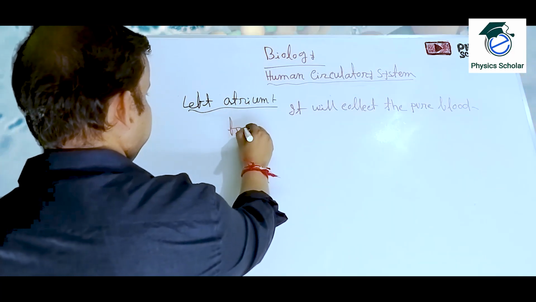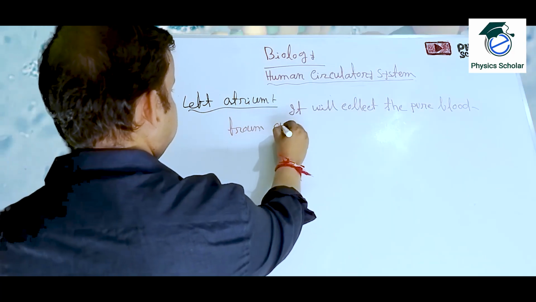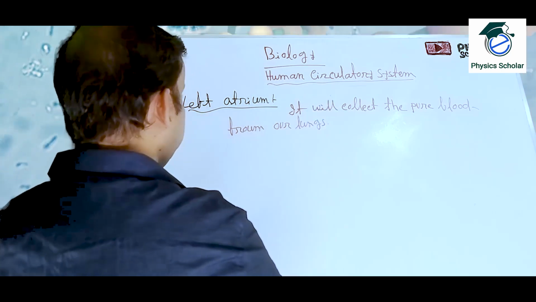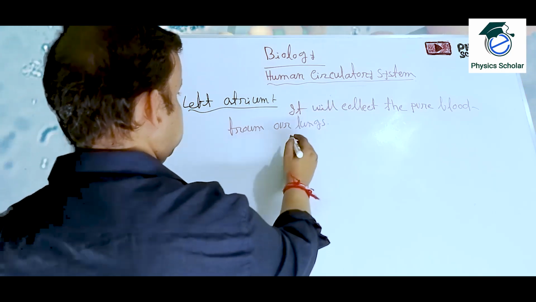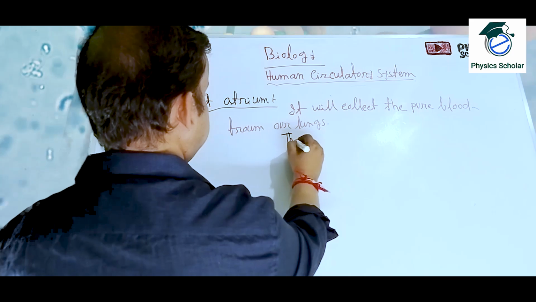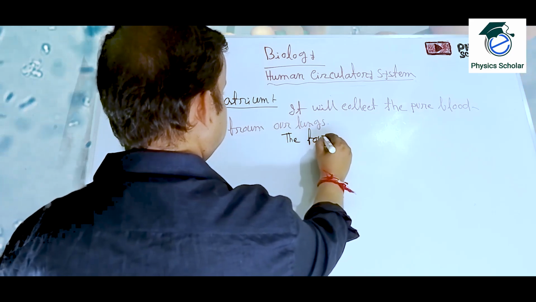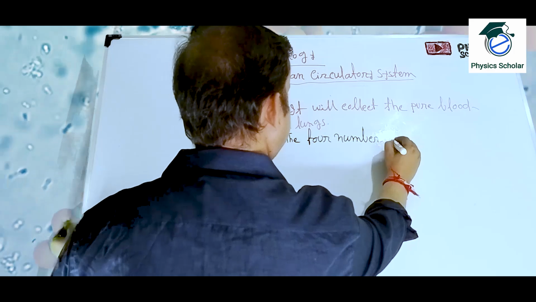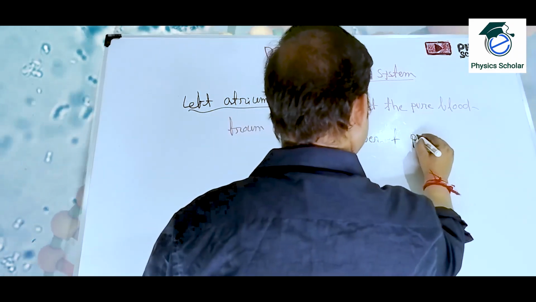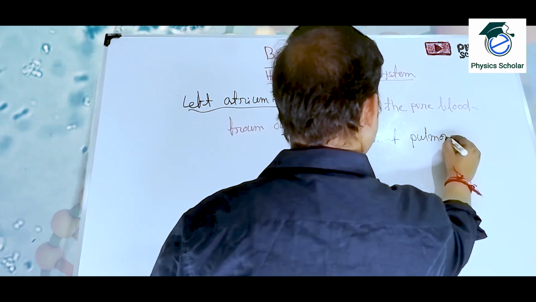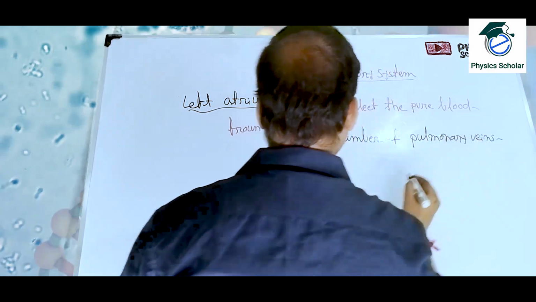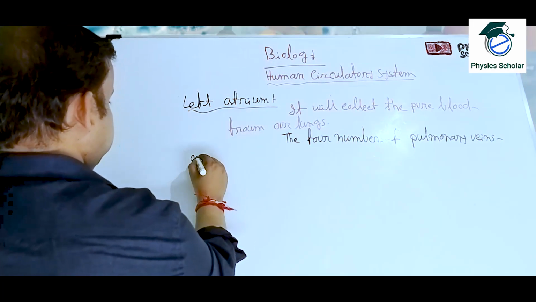From our lungs. So how will it come? The 4 numbers of pulmonary veins are there